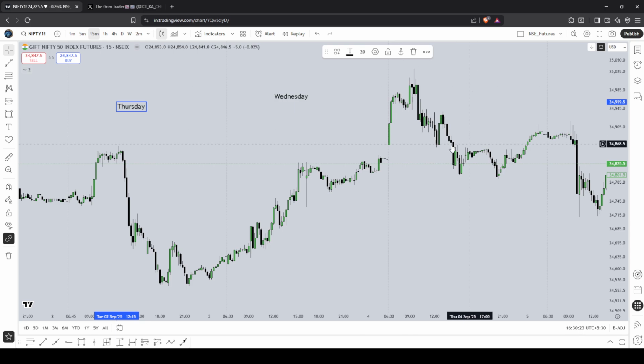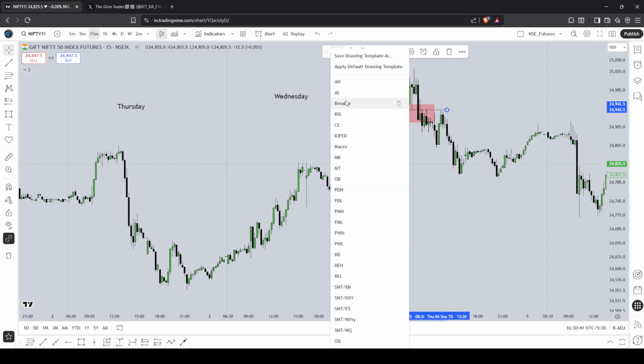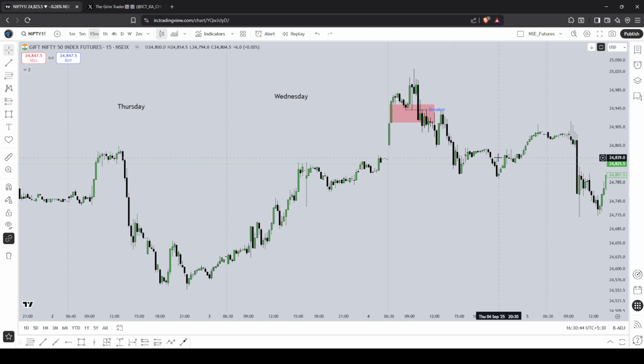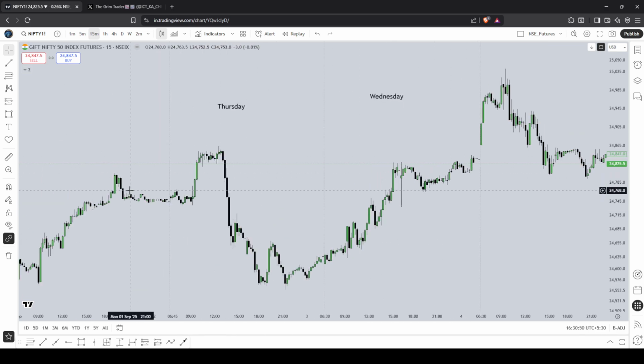On Thursday, you wouldn't have traded, even though there's a fair value gap, short-term low inside fair value gap on a 15-minute time frame. You can see this as a reversal. There's a fair value gap here. It never went in there, but you could have used this breaker to short. But this would be trading reversals, and I'm not teaching you reversals. Sorry. I'll only teach you trend continuation.